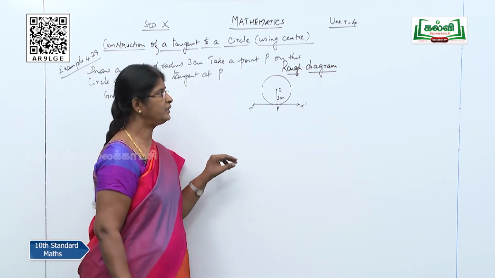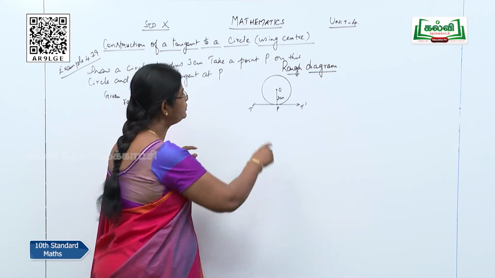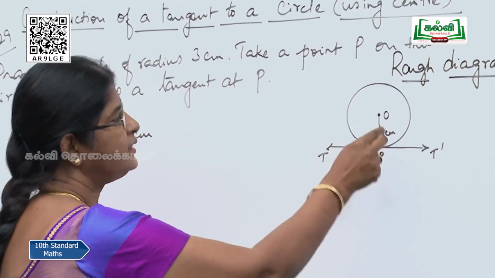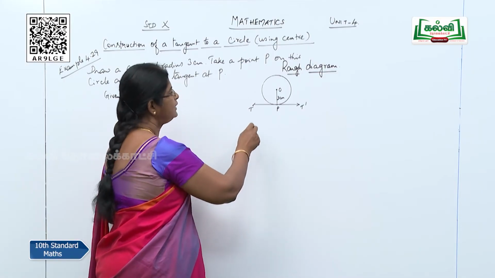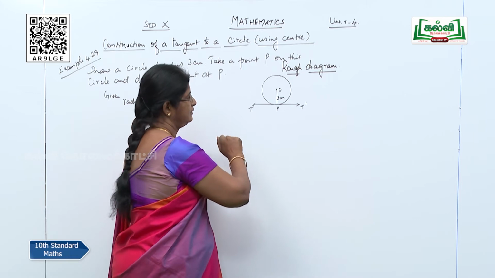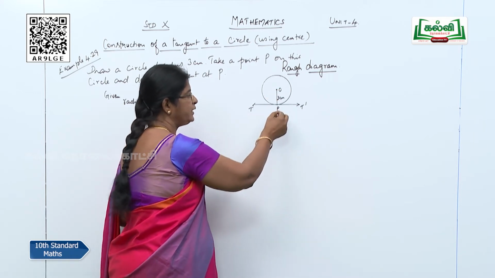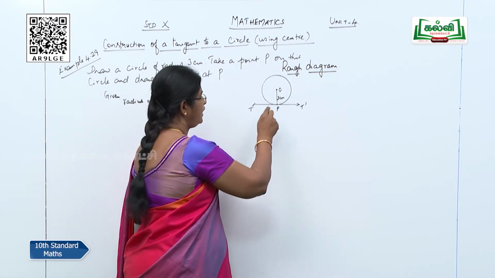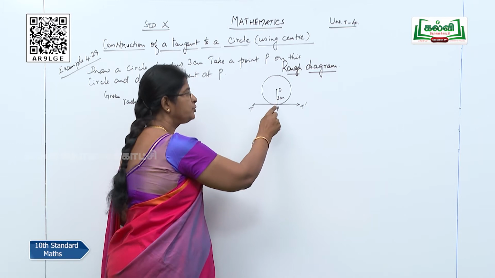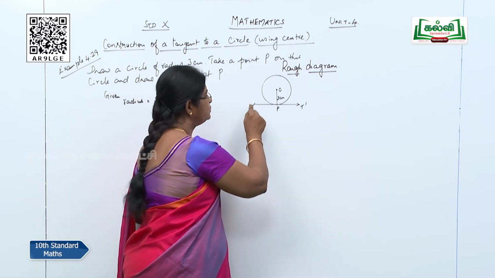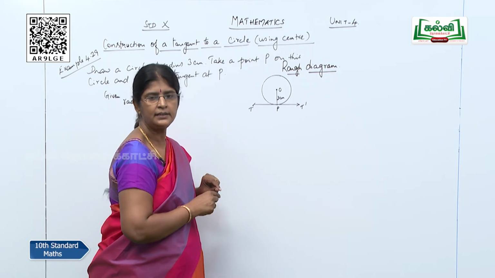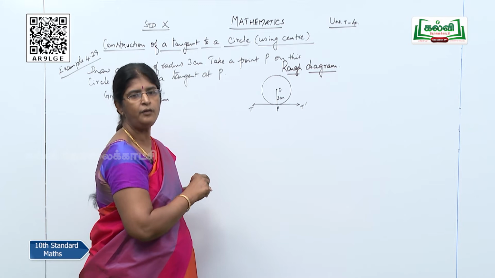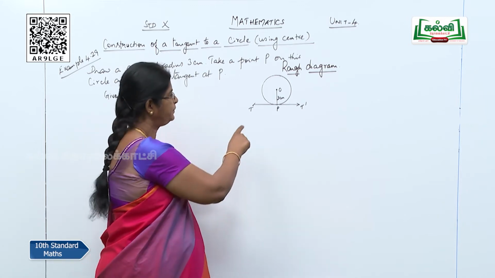First of all, you have to draw a rough diagram. So, you will have to draw a diagram with O as a center. With O as a center, we are going to draw a circle and the radius is 3 cm. So, you just mark O and P and join it, and you have to specify that it is 3 cm. Now, you are going to draw a tangent through the point P. So, T dash is nothing but the tangent to the given circle. Now, let us see how we are going to construct this particular problem.